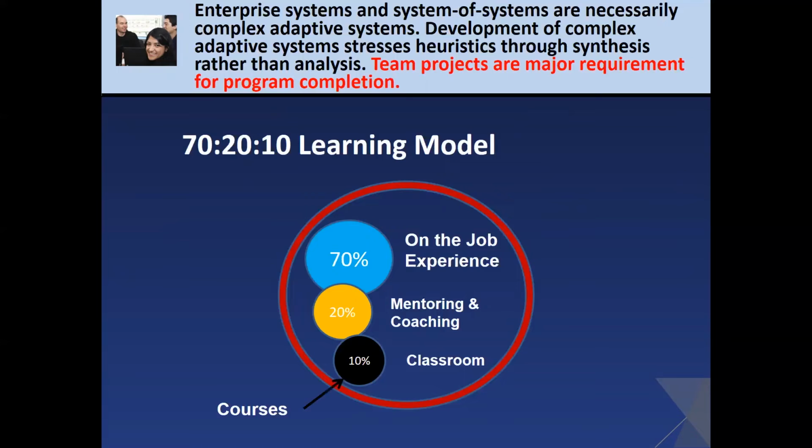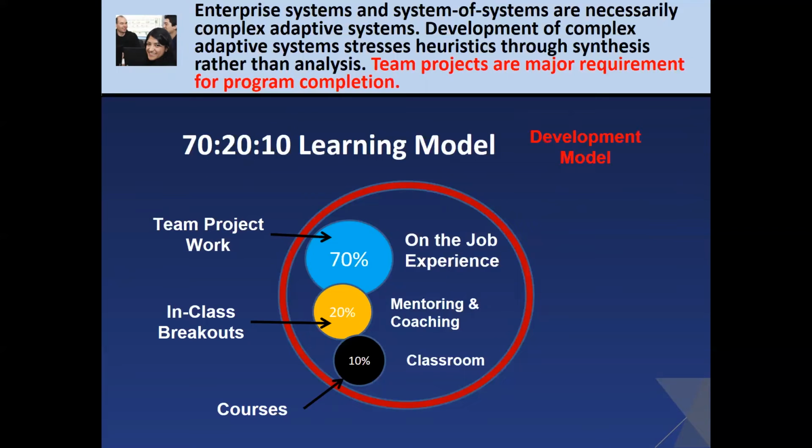So the idea of this learning is that 10% is coming from the coursework. That's where the basis is set, but then we move into in-class breakouts. It's difficult for anybody to sit in a class for 8 hours, for the student and the faculty. So there will be lectures. We will move into breakout rooms, work on projects, come back into the classroom. So there's this flow that happens through this process. And then the teamwork is where the rubber meets the road. Those concepts, those ideas are actually worked on in creating a project to go forward.